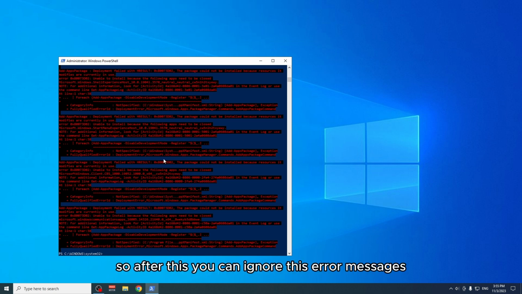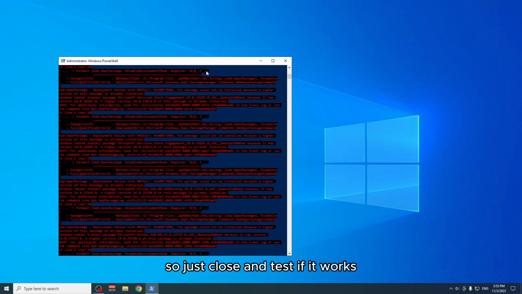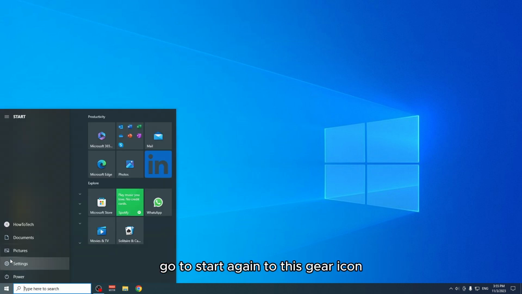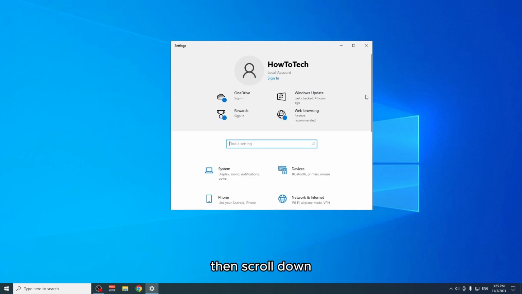So after this, you can ignore these error messages. So just close and test if it works. If it still does not work, go to Start, again to this gear icon, then scroll down,